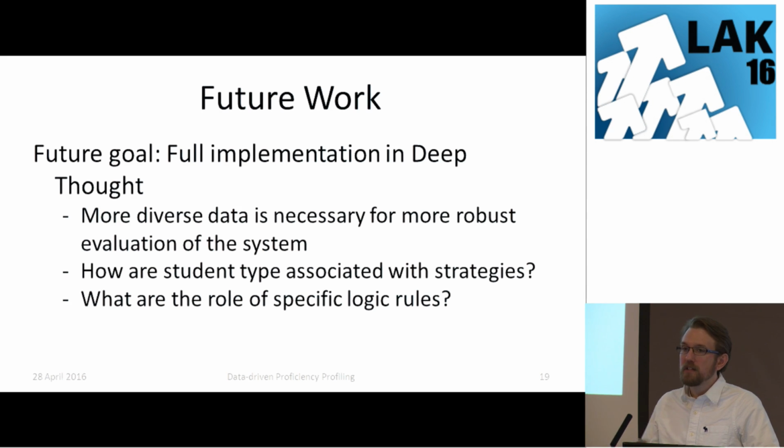So future work is, of course, get more data, but also further the implementation of this into the system, so that we get students on these tracks when they're part of the course instead of just during limited studies. Also, more diverse data is going to be necessary for figuring out some of the differences in how it's placing the students on those tracks.